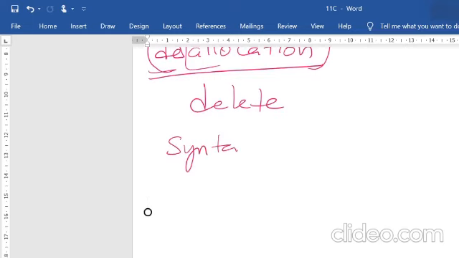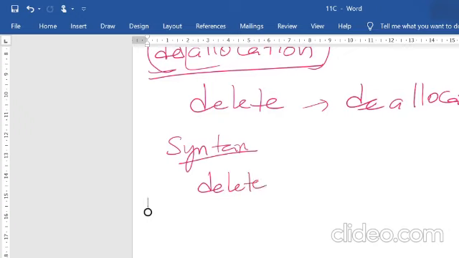Okay, understood? Delete is used to deallocate or remove the variable from the space once its work is completed. The syntax is: delete pointer variable.